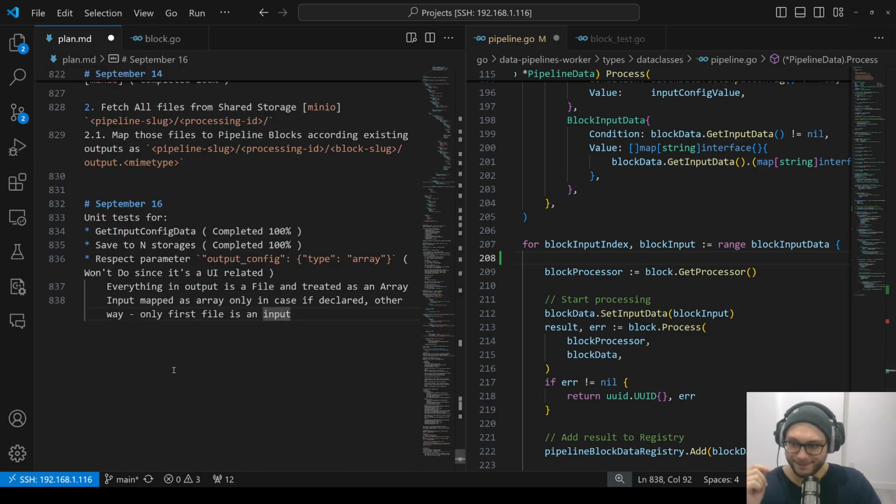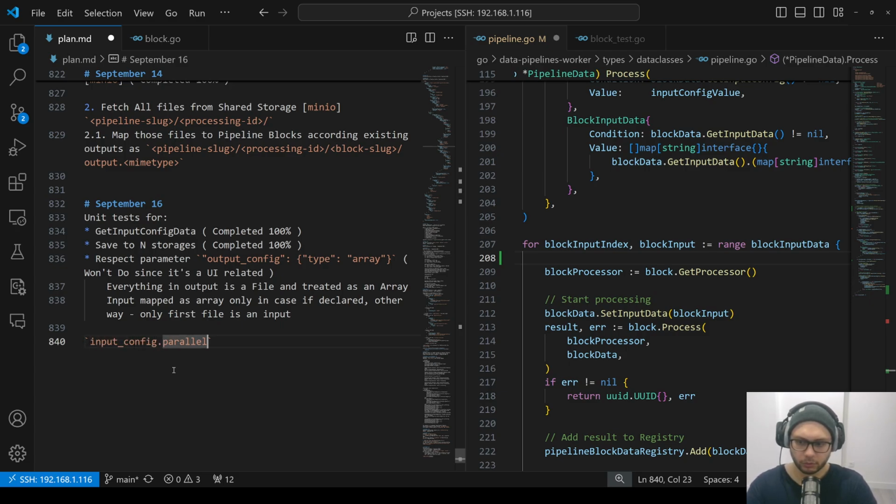Let's describe it. Input config. To be honest, I don't want to make it able to run in parallel for now, because it's an HTTP request. It might flood some service which will then say, hello, here is your status code. Input config parallel. What does it do? First of all,